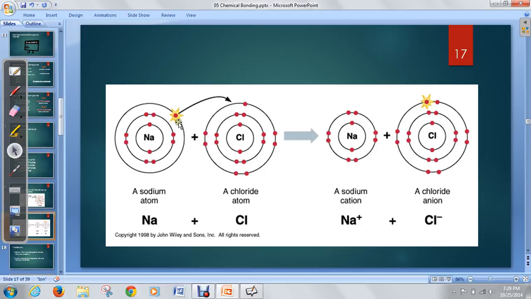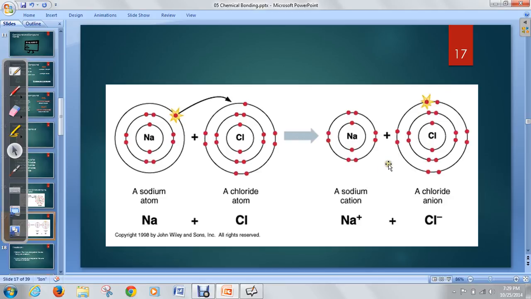And sodium says, hey, I'll just give you this guy, because I don't need him, and you really need him, so let's just make a switch here. So sodium gives away that electron, gives it to chlorine, and now they're both happy, right? Sodium has its full shell, chlorine has its full shell, and now they are bonded,